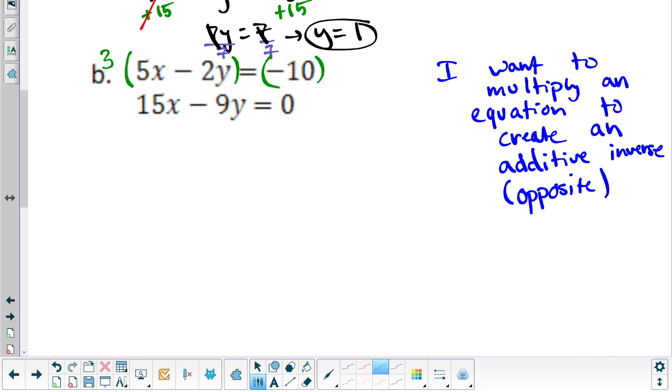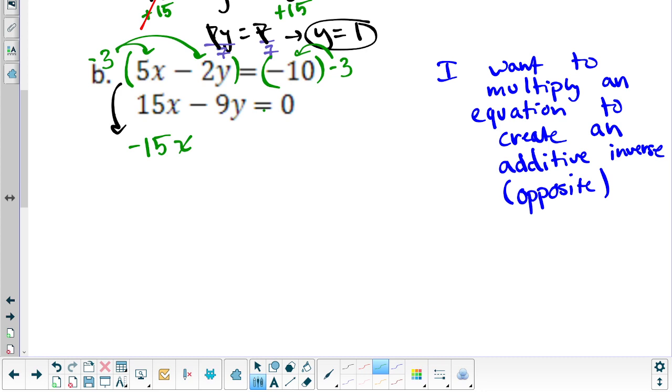But because I want to add them together and cancel, that means that one of my values has to be positive and one has to be negative, right? I need these to be opposites. So since this one's already positive right here, I'm going to multiply both sides of this top equation by negative 3. I'm just going to rewrite it here. I distribute this negative 3 in, and I multiply the negative 3 on the right side as well. And so I get negative 15x